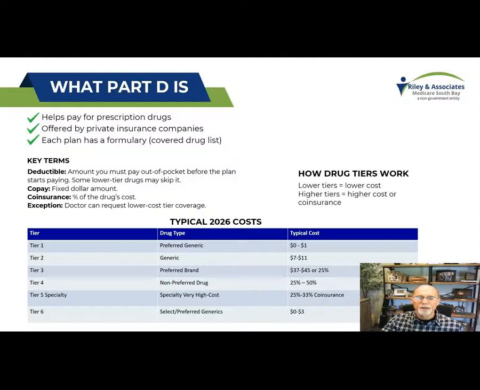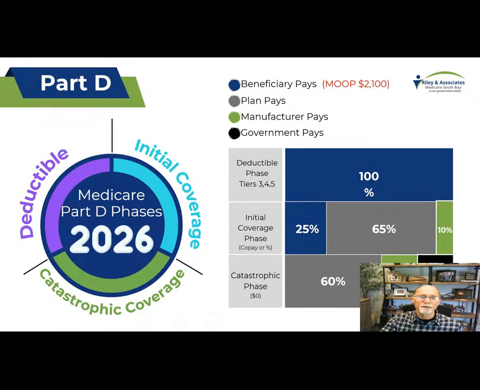You're going to have just copays for generic, brand, and non-formulary brand. So you're going to have these different tiers here. Most of them have a separate deductible built in for brand and non-formulary, and it also has a separate out-of-pocket maximum. So whether it's included in your Advantage plan or you have the separate Part D with your supplemental, you still have an out-of-pocket maximum of $2,100. So it's going to work just like what you used to in the past. And this is just a little different way to look at it.